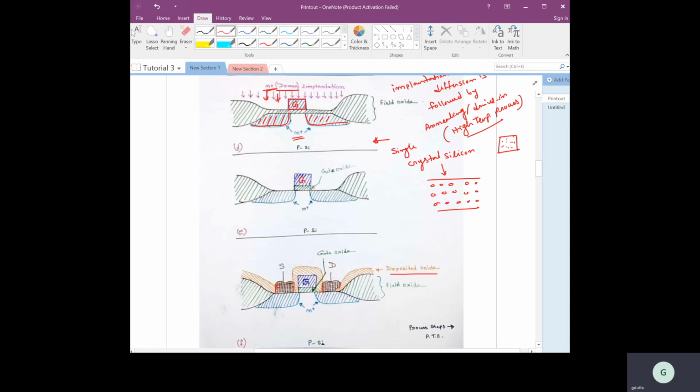Here you can see the metal deposited here is making a contact with this N plus, and here the deposited metal is making a contact with this N plus region, and that basically forms the source and drain for this MOSFET. And this oxide that we deposited earlier, shown here by this orange color, basically isolates the polysilicon gate,